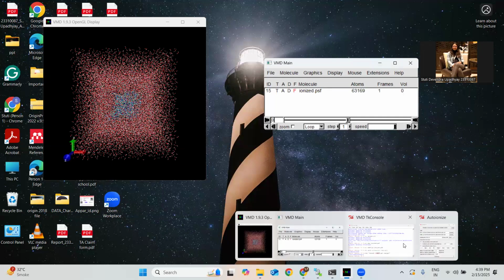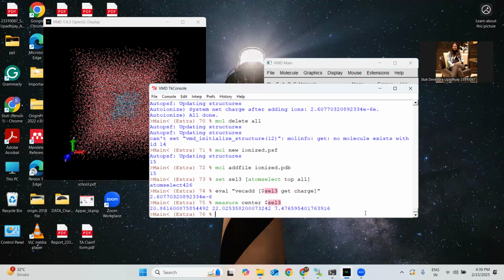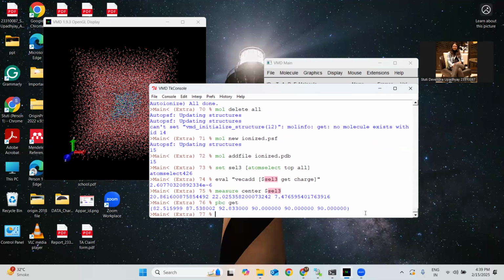So again, we need to make some changes in the configuration file. So for that, we need to measure the center of the box. Measure center cell 3. So these are the coordinates which we will present in the file. And again, we will do pbc get. These numbers we need to change. So for that, we will go